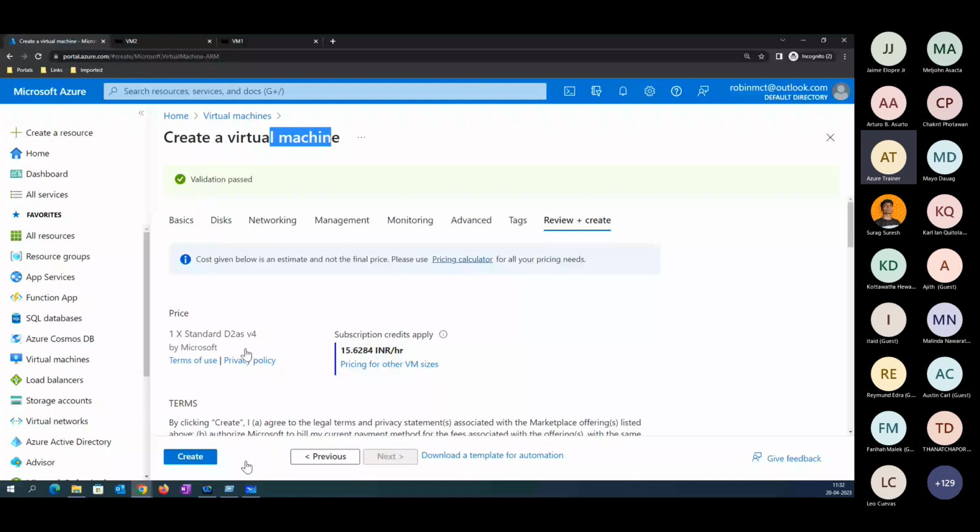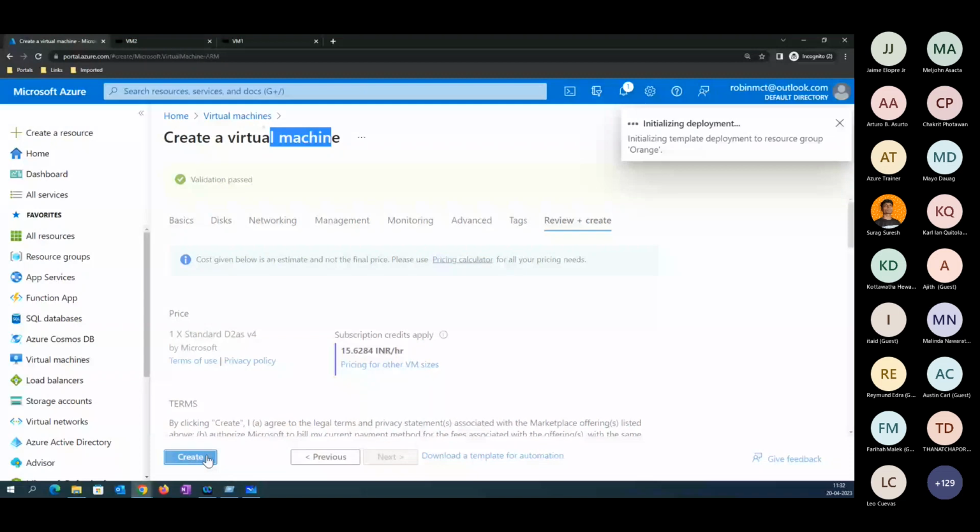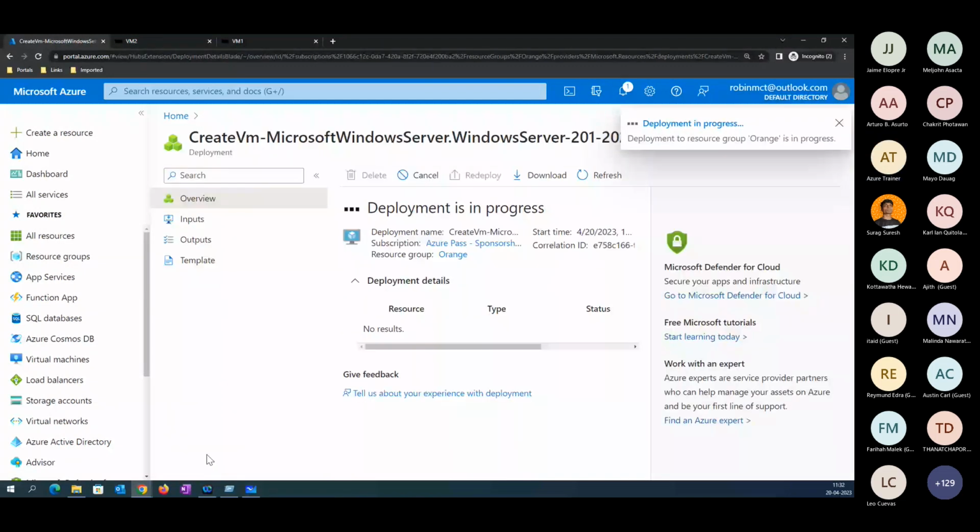Yes, validation has been completed. Right now you may be able to see this deployment is in progress here.